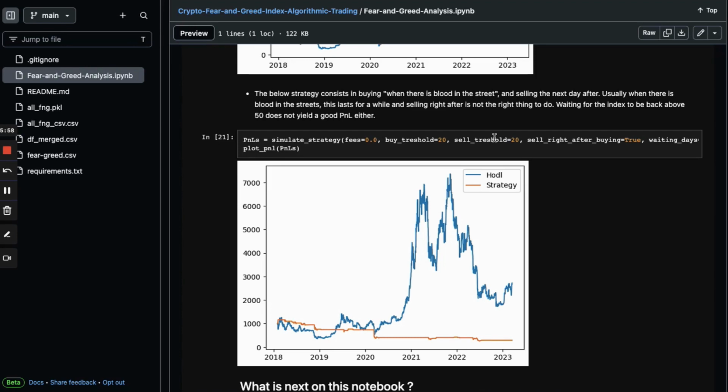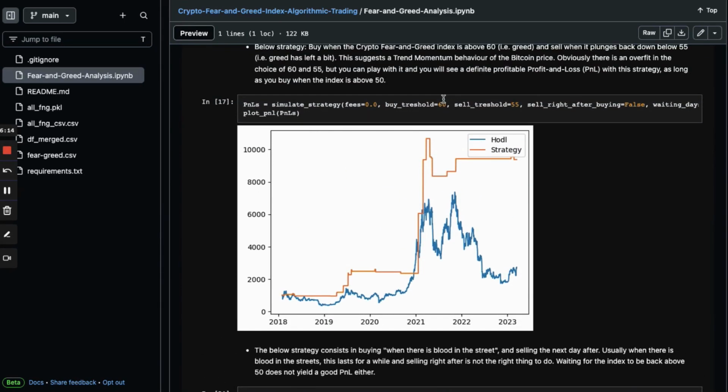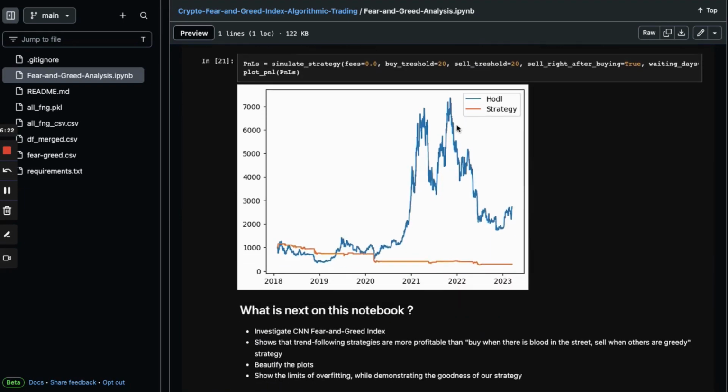If you seek to buy when there is blood in the streets, as the saying goes, this is probably a very bad strategy, as will be shown by the P&L plots. On the other side, if you buy when there is greed and everybody is making bank and is making a lot of money, then that's probably actually a good strategy. So the old saying which says buy when there is blood in the street, it's actually a terrible strategy in crypto for the following reason. Often in crypto, when there is blood in the street, there is even more blood coming.